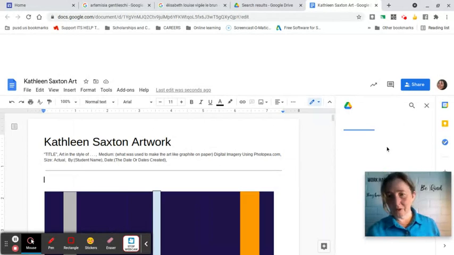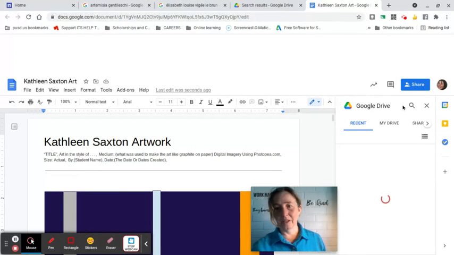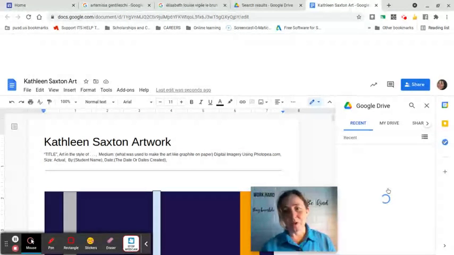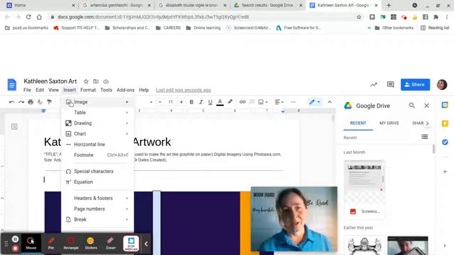It should open a tab over to the side, and it says Recent under Google Drive. If you don't see it under the recent photos in your Google Drive, then you can go Insert right here and choose Image, Upload from Computer.